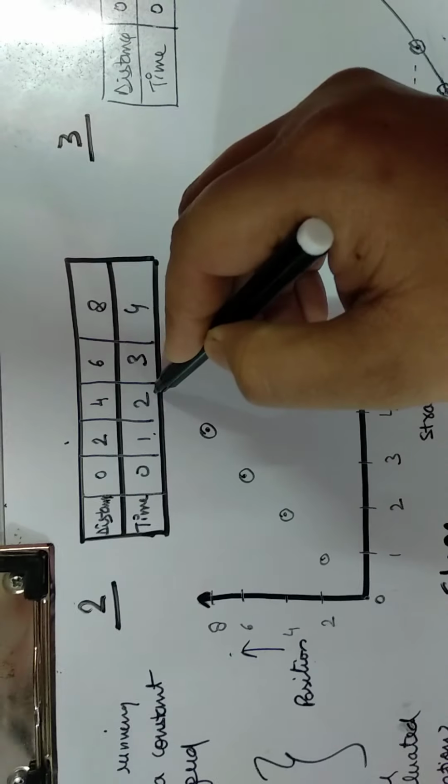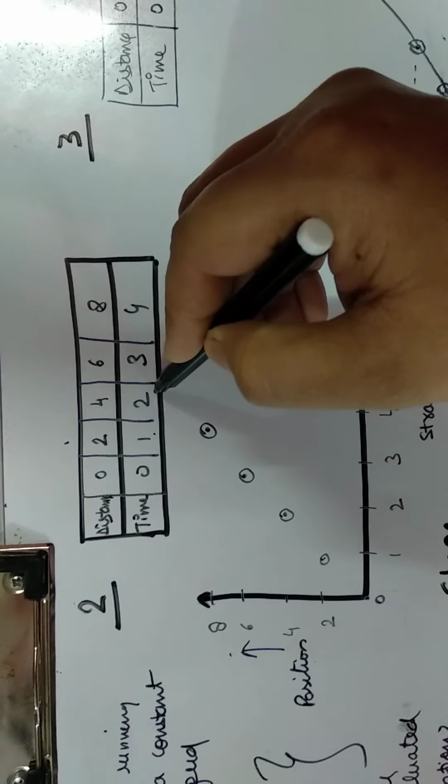Now, how to calculate the slope for a constant speed or for a uniform motion or for a straight line curve? Students, you can see here, this is the straight line curve. You can select any 2 points. Suppose we have selected 2 points here, A and B. Now, you can draw a line perpendicular to the x-axis as well as perpendicular to the y-axis. You'll get this kind of triangle. Now, the slope can be calculated by this formula, BC upon AC.